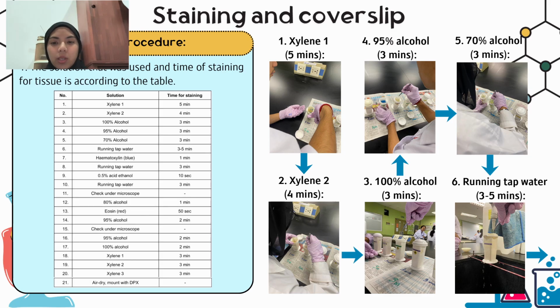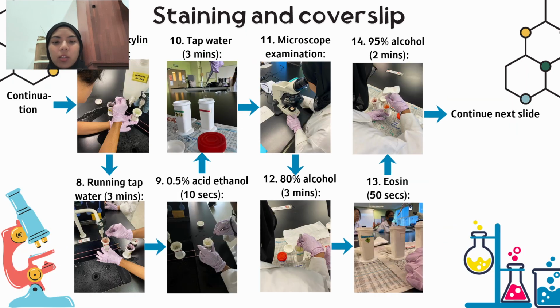So as for the staining procedure, first of all, the tissue will be immersed in xylene and afterwards it will be immersed in alcohol in decreasing concentration in order to introduce water inside the tissue. And then next it will be dyed with hematoxylin in order to stain the nucleus blue, and afterwards the excess stain will be washed, and then the tissue is observed under the microscope,